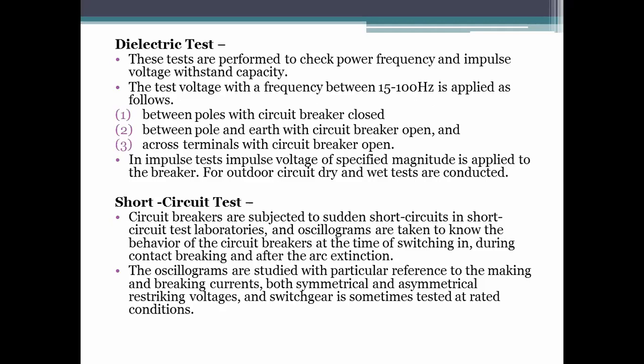So these circuit breakers are subjected to sudden short circuits in